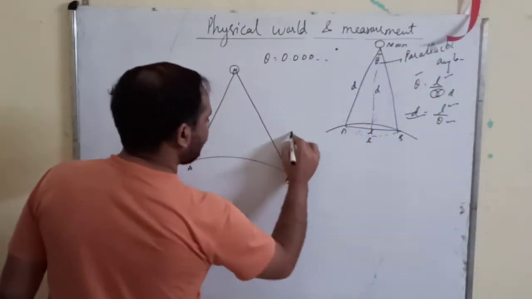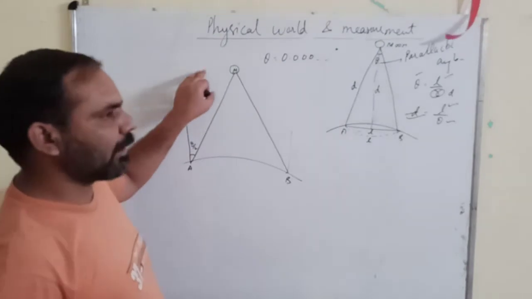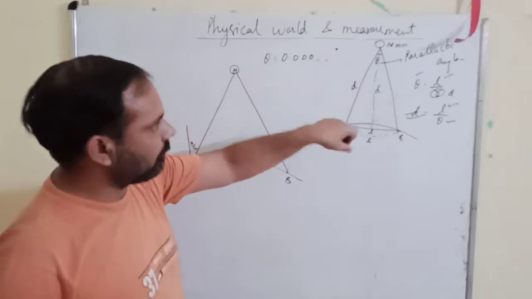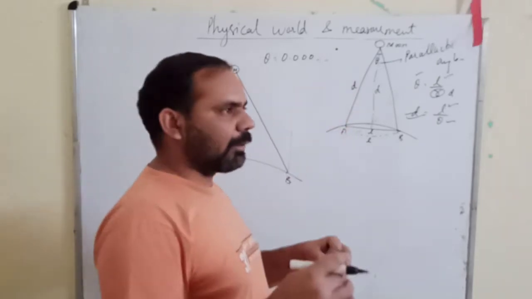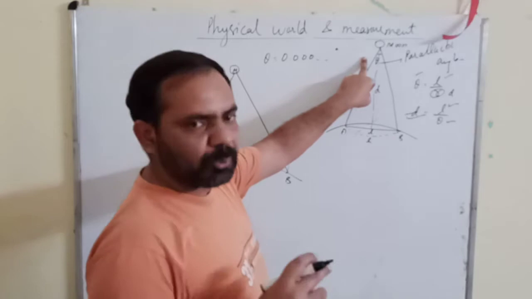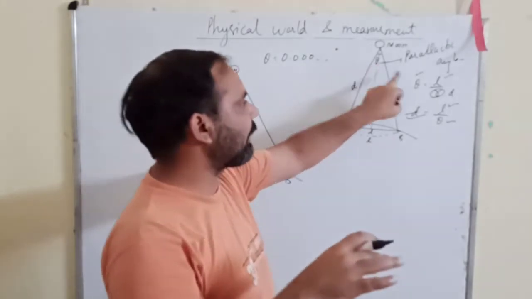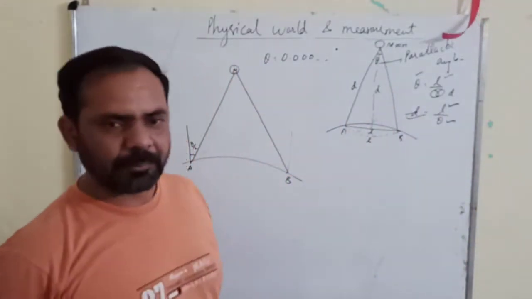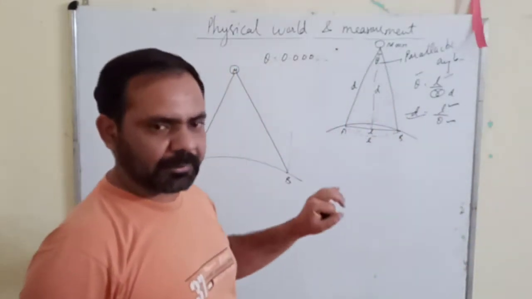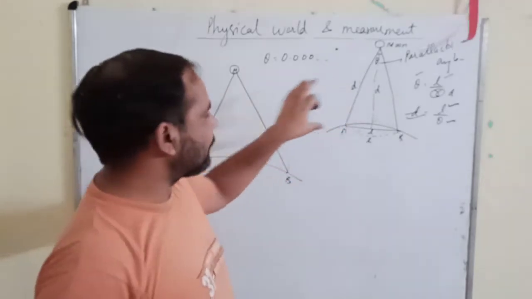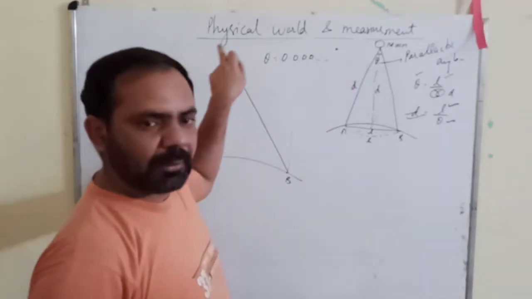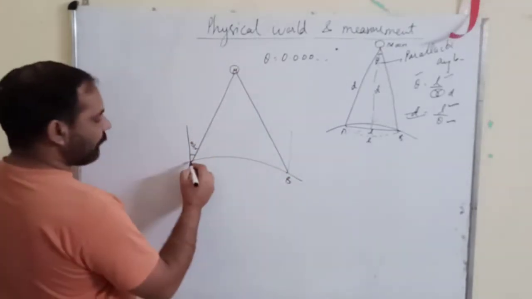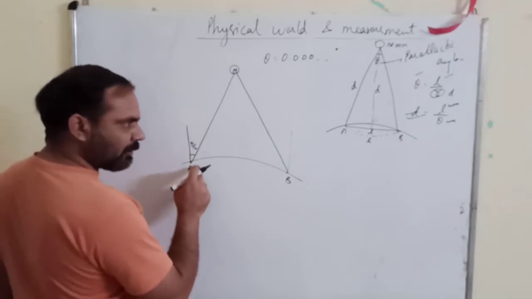See, what I am discussing here is that there can be a question when I was discussing this method: how can you measure the angle on the moon? You cannot go to the moon, so how will you measure angle theta? As I told you, if you know L and if you know theta, you can find the value of D, the distance of the moon from the earth. That was my point. So I was discussing how you can measure that angle on the moon without going to the moon itself. So the method is, suppose your first observation point is A.